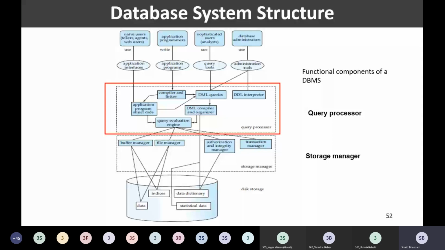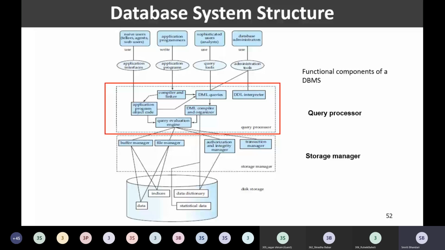And who is going to do that? In traditional programming languages also, you might know that there are interpreters, compilers and linkers. Similarly, here in our database system architecture, to understand whatever statement is written in SQL in the form of a DDL or DML statement, it needs to be converted into some low level instructions, and that is the role of this query processor. So we are going to focus on this query processor as well.